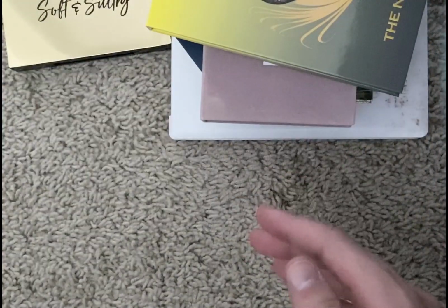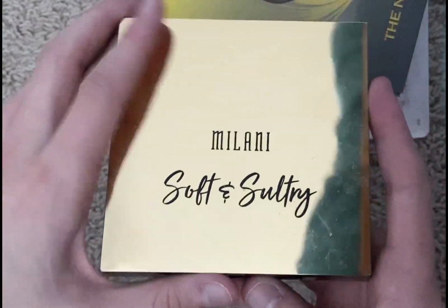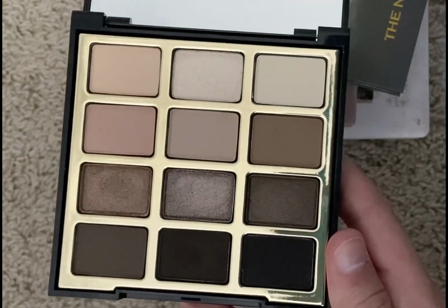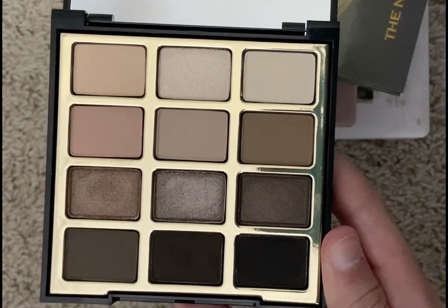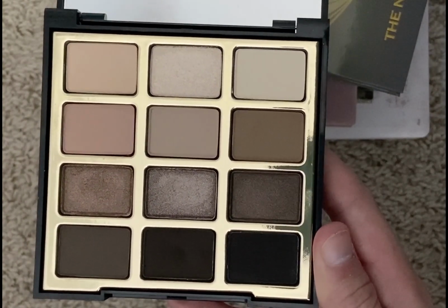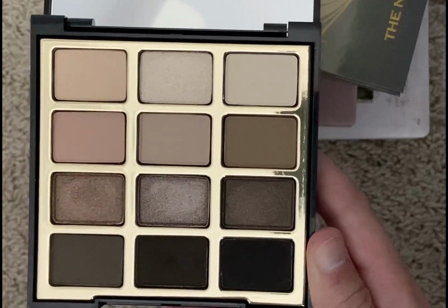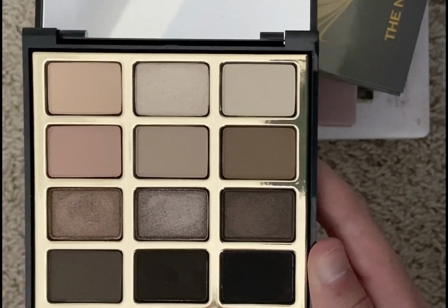But yeah. Next is my Milani Soft and Sultry palette. So this is another more cool toned palette. This one's a lot newer to me than the Maybelline one was, but I really, really love this palette. It is a nice cool to neutral palette. It performs really well. The only shade that I have problems with is this Diamonds and Pearls shade, because it's a lot